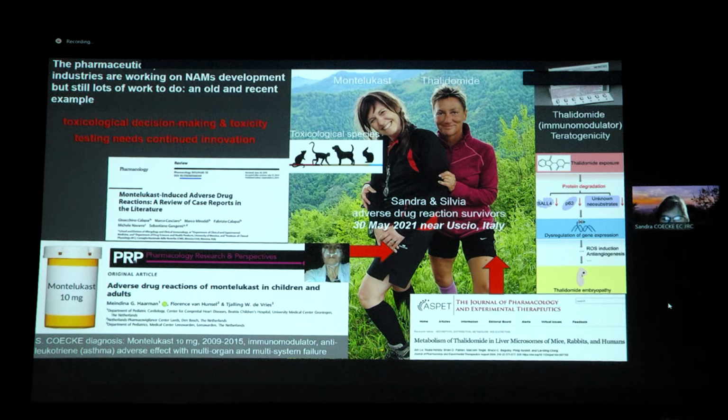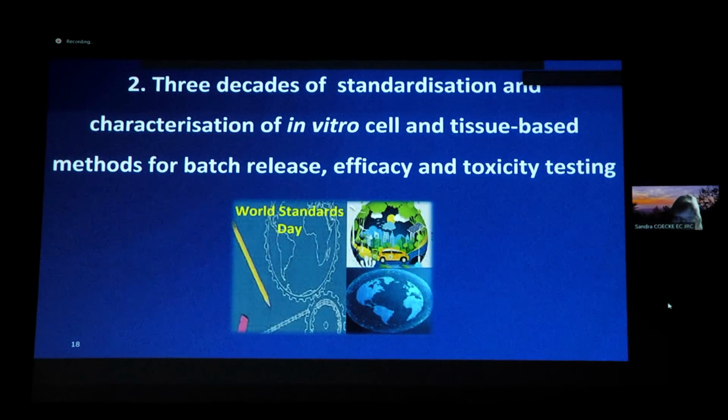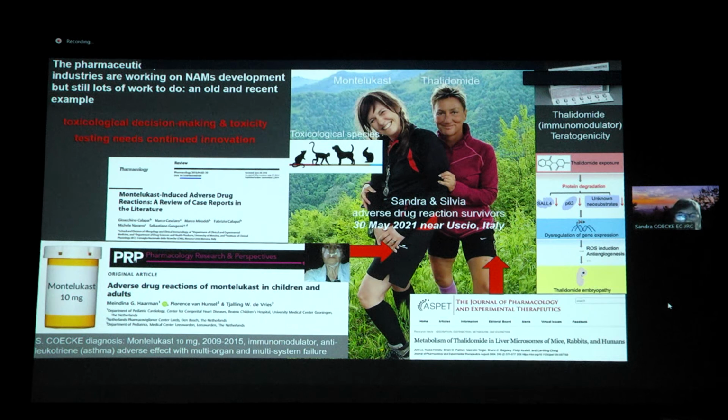For instance, I myself and my friend Sylvia have been taking drugs, good drugs probably, when they came on the market. But luckily there is pharmacovigilance, because sometimes, even if you do cohort studies in the pharmaceutical industry, you might have adverse effects when compounds are on the market. These are two cases. One is the classical case of thalidomide, where we saw adverse reproductive effects. And the other one, I did the experiment by speaking on myself in the small slide.